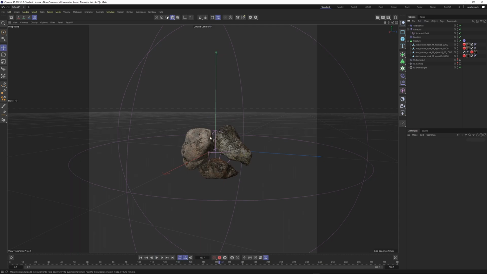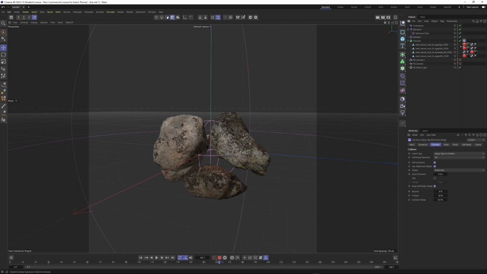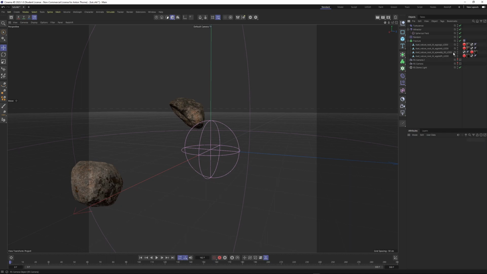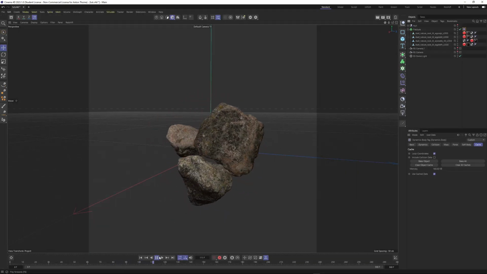So the good thing about this is that you can sort of work on your simulations one at a time. With this now, what we can do is literally cache it. So let's head here, go to cache and bake all. And now our workflow for this in general is, let's grab our forces here because they're going to be separate from the other ones. We can just toggle them invisible. What's great about this is what we're going to do now is this is rendered out, and we need to